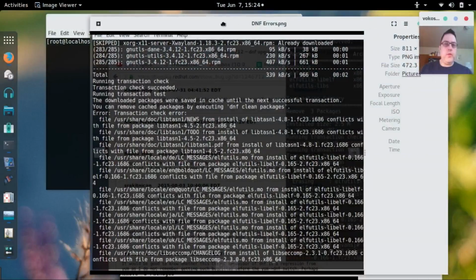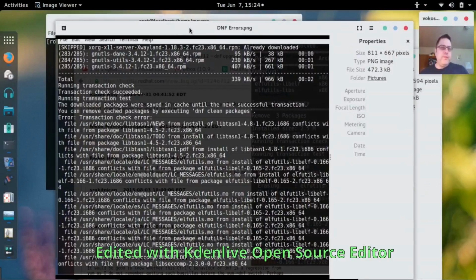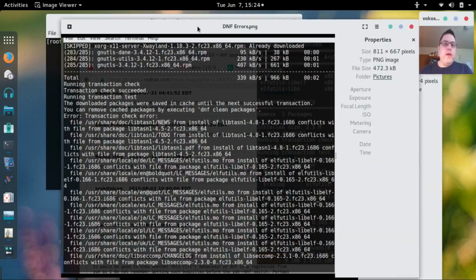Alright YouTube, welcome back. So if you are a user of Fedora, from time to time you may run into a problem where you have some transactions that do not work correctly when you are doing updates on Linux. So for example,